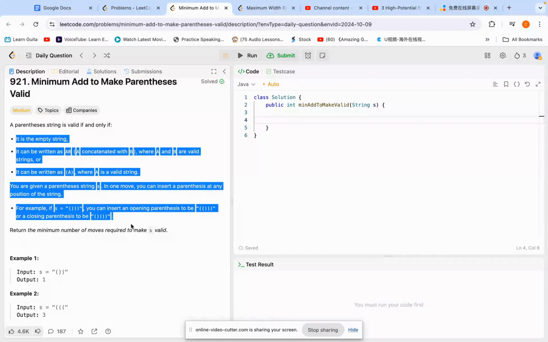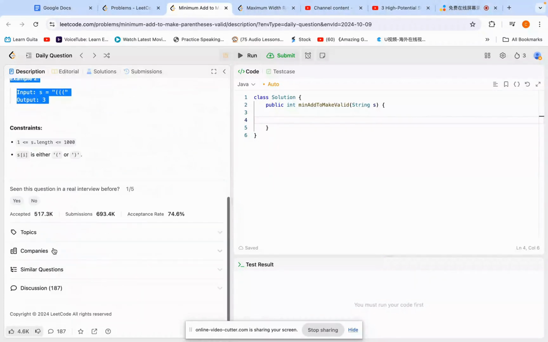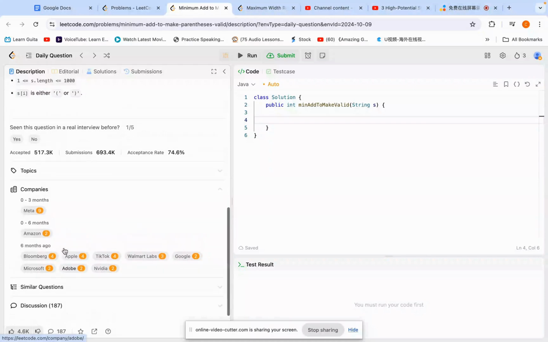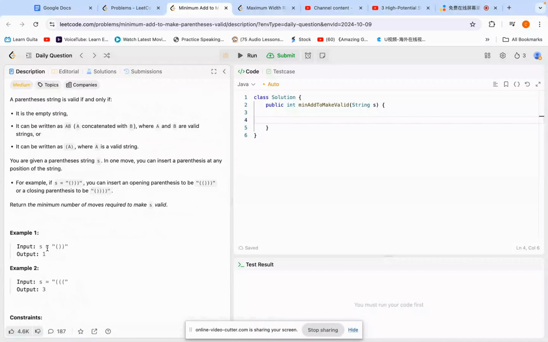Here you can go through this description, and it says return the minimum number of moves required to make the string valid. The question also got asked by most big companies, right? So I think you need to prepare this question. Now it's so similar, right? You just do the same thing. You just find how many